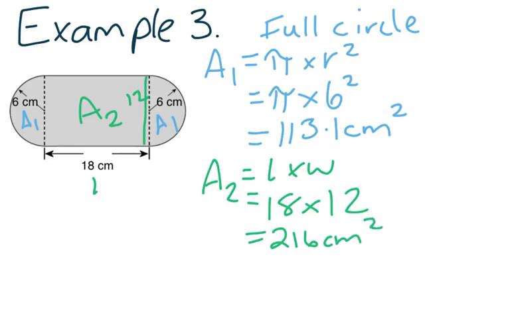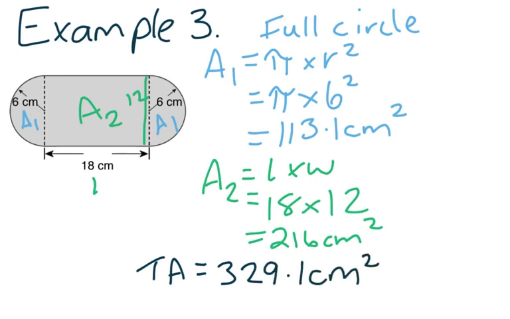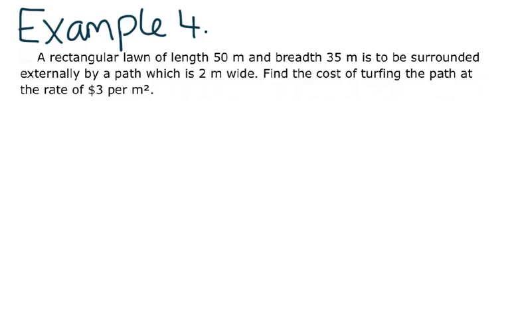And then, of course, we need the total area again, and we do area 1 plus area 2, which would give you 329.1 centimetres squared. So our fourth example is a worded problem, and it says a rectangular lawn of length 50